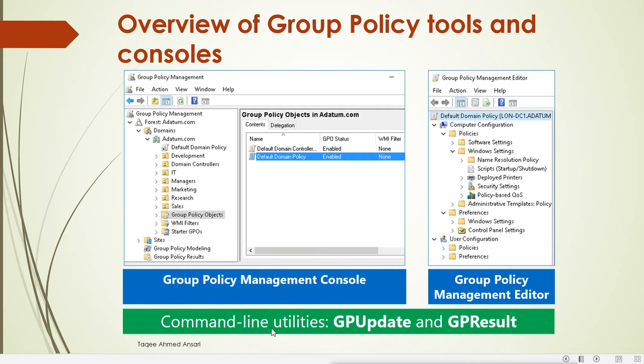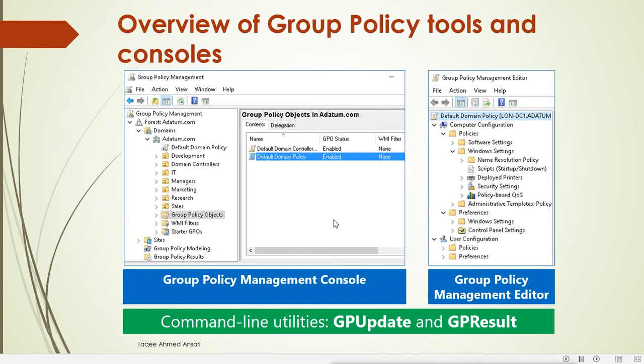Then there are some command line tools which we use, like gpupdate, which is used to update the policies, and gpresult, which is used to check which policies are applying on the client side. These commands run on the client side. When we configure some policy, by default it will apply very quickly.